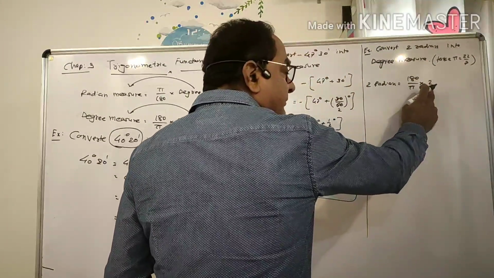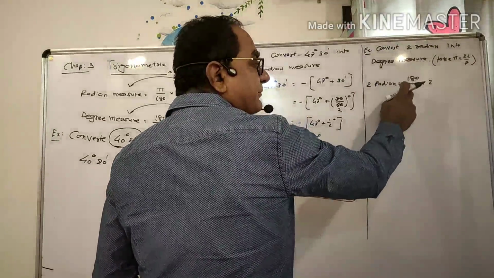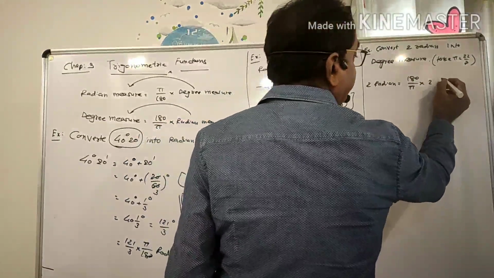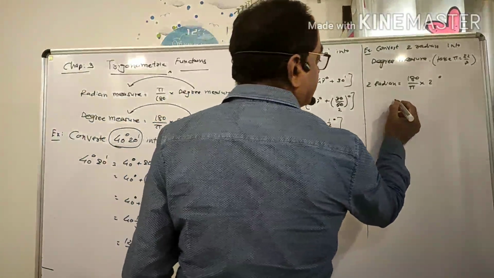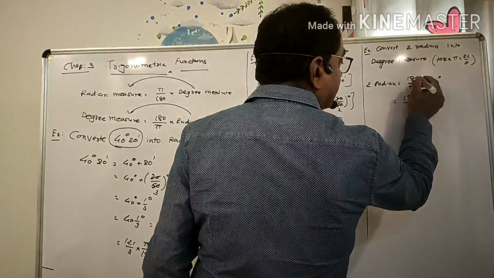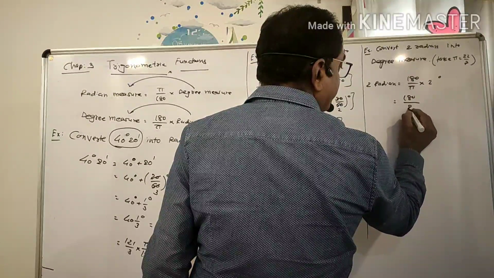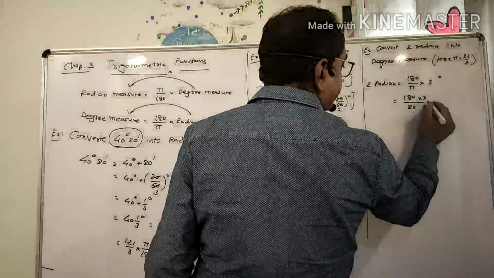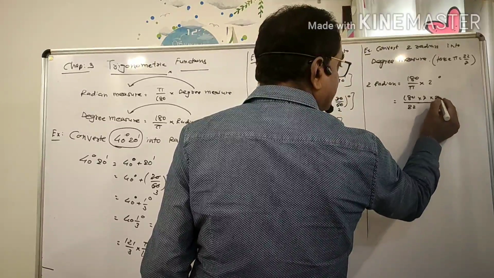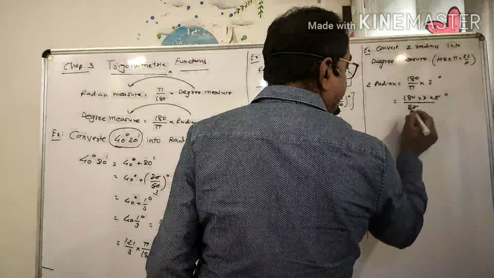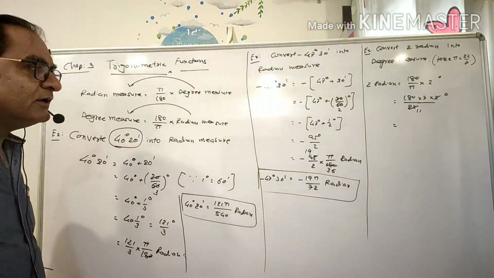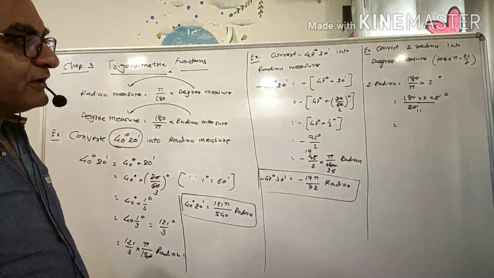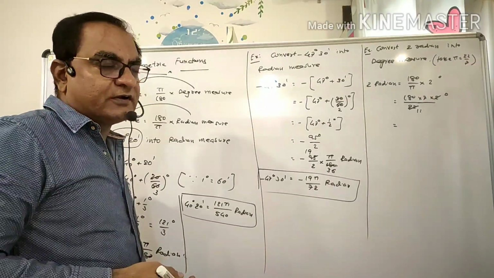Once I have multiplied 2 with 180 by pi, then it becomes degree. Here for pi we take 22 by 7, so 180 by 22 by 7 into 2 is 2520 by 22, which further does not divide,